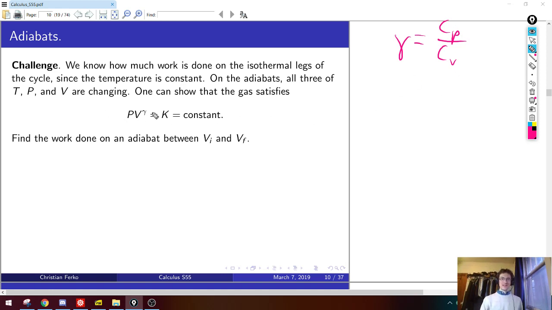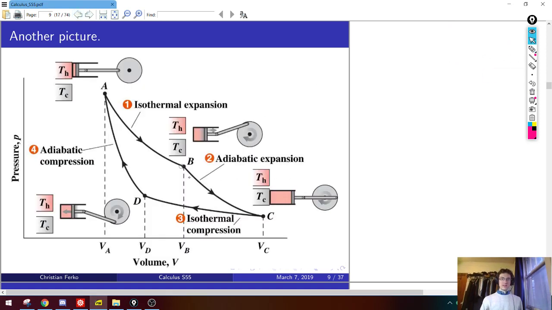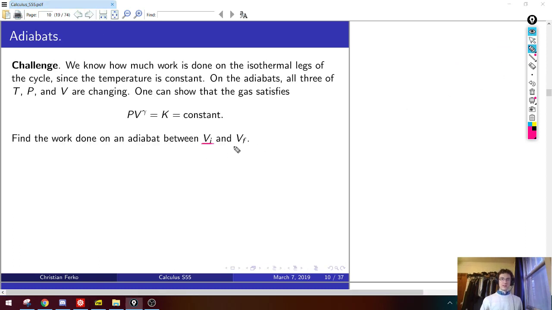So you can think of this equation as just saying there exists some constant gamma, which I think is like 7 over 5 for ideal gases or something, and some other constant k, so that on an adiabat, the pressure times the volume raised to that constant gamma equals this other constant k. So let's just assume that this is the case, and if you really want, I can derive it next time. But okay, so if that's true, now what should I do to find the work done on one of these adiabats? So the work done under one of these legs, say between initial volume VI and final volume VF. What should I do?